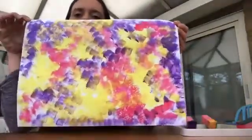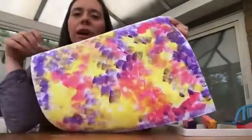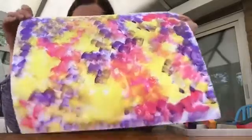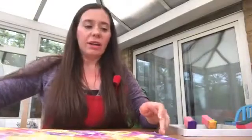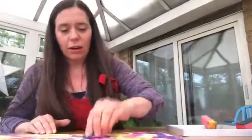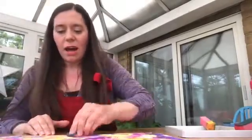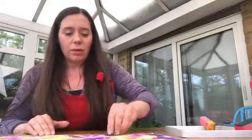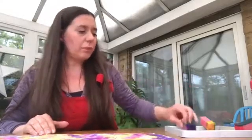Right, so what we've done is a really quick background. Normally I would have spent a little bit more time doing this. And what we're going to do is set the background to one side and let it dry. So if there's any areas of paint that you can see that are really thick, just dab over them, thin them out a little bit, move them around, and that will help with the drying time. So I'm going to set this to one side,